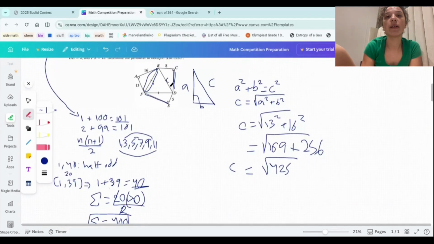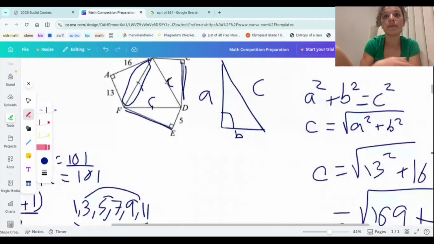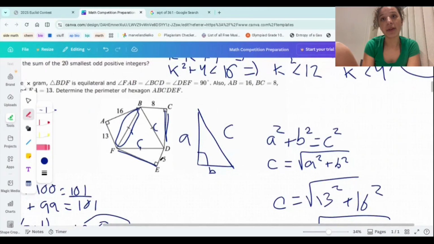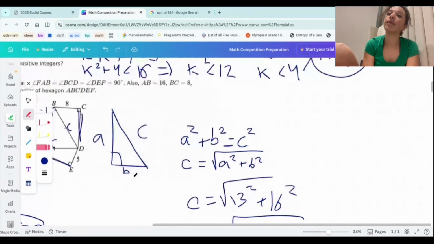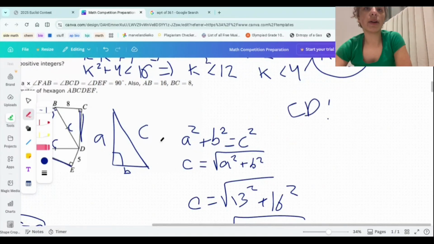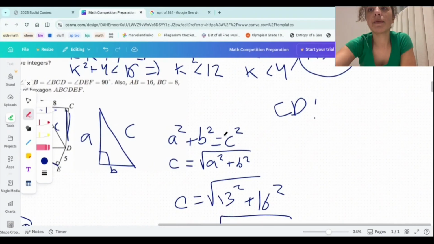Okay, I also know that this C, it's also this, and it's also this. So why did I find this if I already knew both of these side lengths? Well, because C is also in this triangle. And if I know 2 sides of a triangle, I can find out the third, which is CD, and I need to find that. So that's also what I'm going to be doing on this triangle. Okay, so I know if I'm trying to find CD,